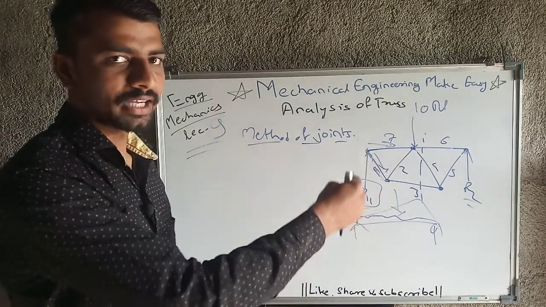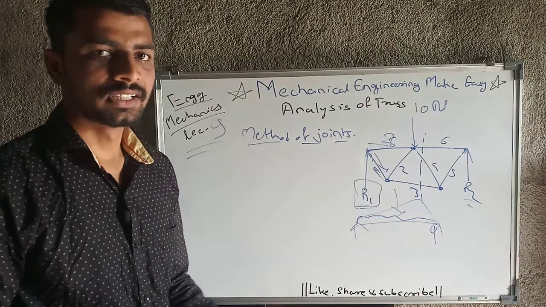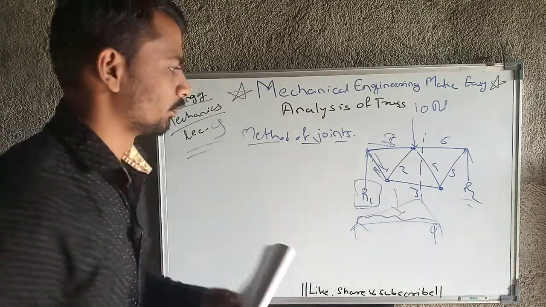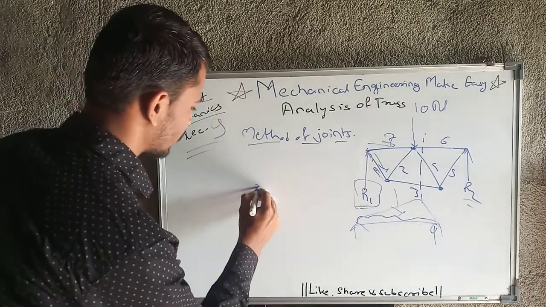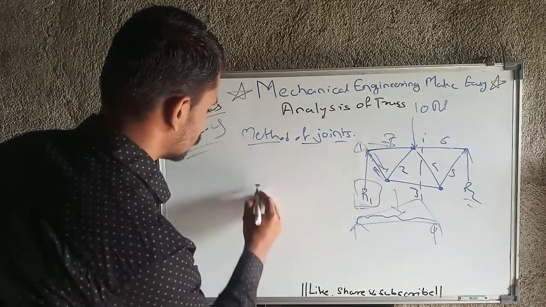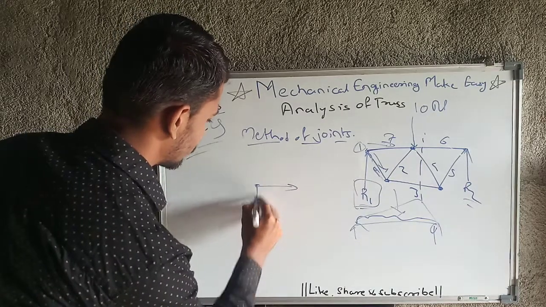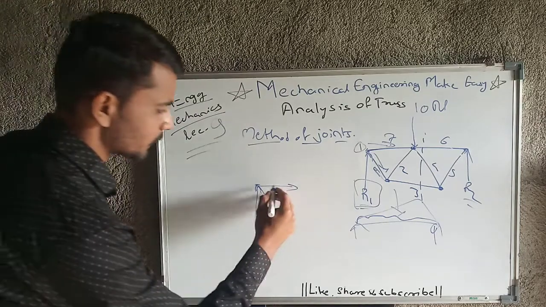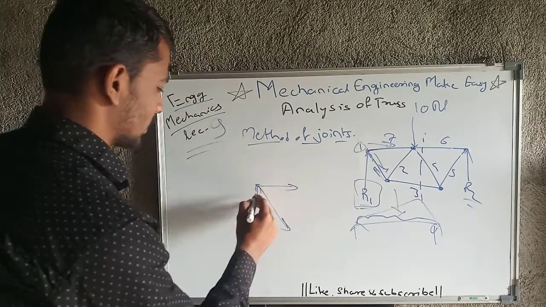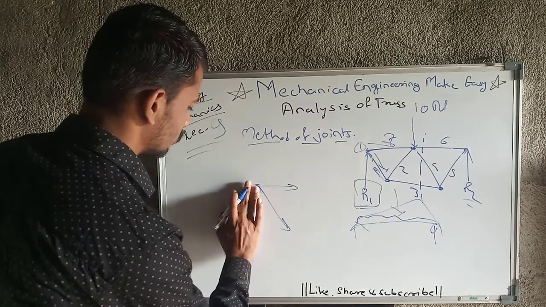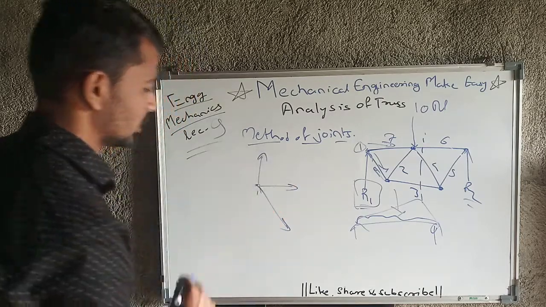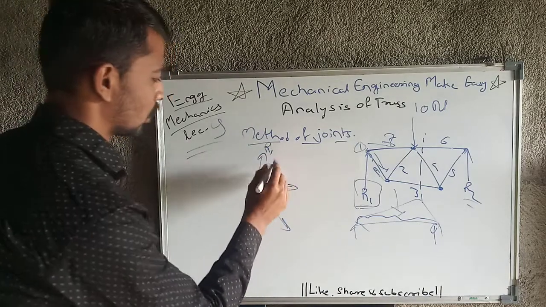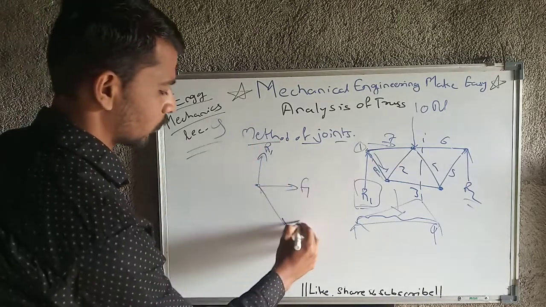considering one joint at a time, and we will consider all the joints likewise, and we will calculate all the forces there, draw the FBD of all the joints, and, okay, with the help of the sine rule. For example, I have considered this joint 1. So here one force will be there, here one force is there, and here one force is there, okay. These force directions may change, but this kind of force is there, so I can draw this force likewise. Now, as there are 3 forces and one force is known to us, that is nothing but R1, the others may be F1 and F2.